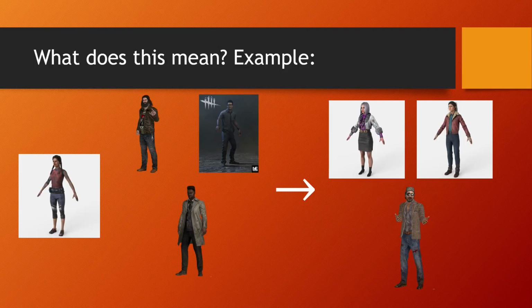Alright, so here's an example. Let's say you're playing as Meg Thomas. I got a picture of Meg Thomas right there. And in the lobby, you see that your 3 teammates are Jeff, Dwight, and Adam. When you're playing against the Thing, instead of seeing Jeff, you would see, like, Young Jin, for example. Or instead of seeing Dwight, you would see Nancy. Or instead of seeing Adam, you would see Ace. And this goes for every single survivor.